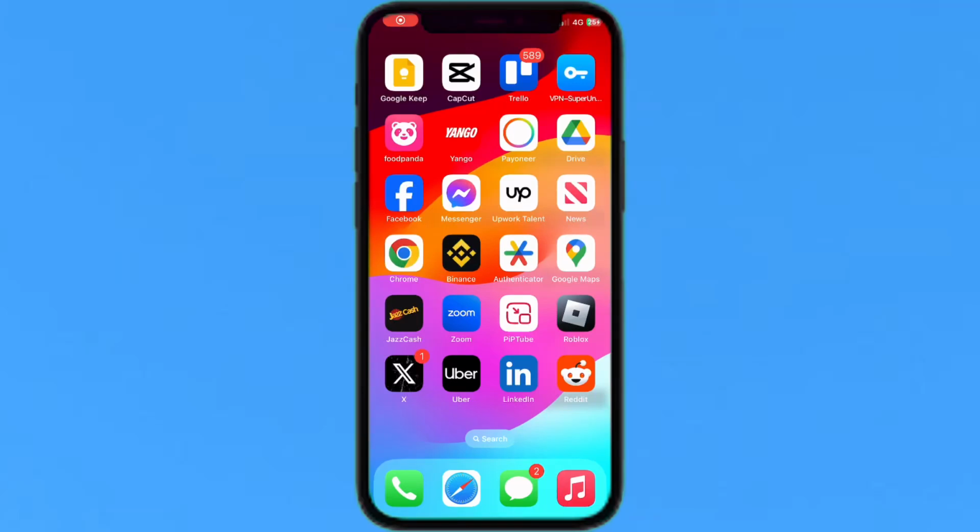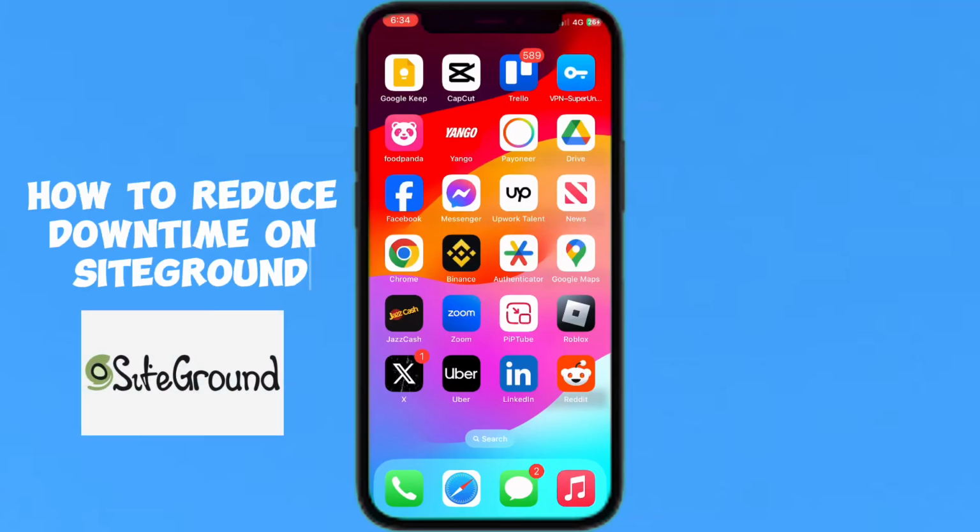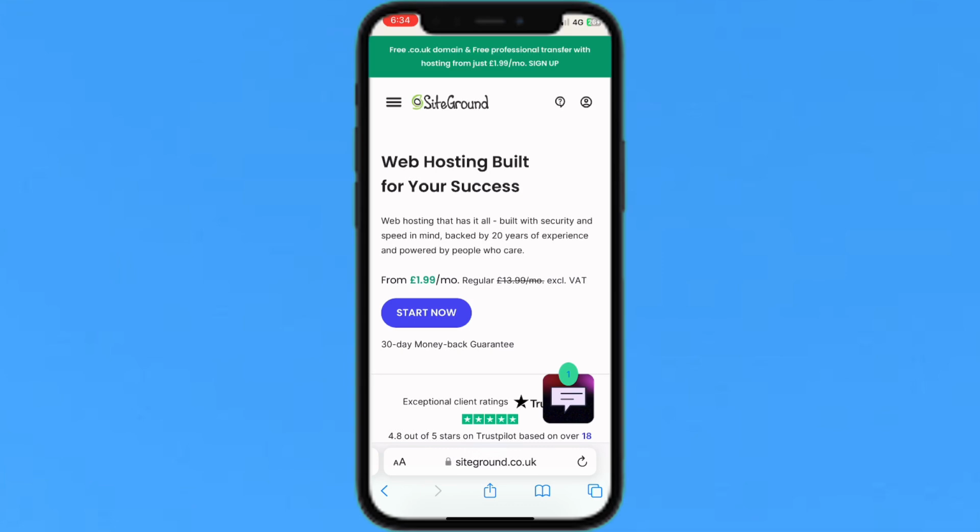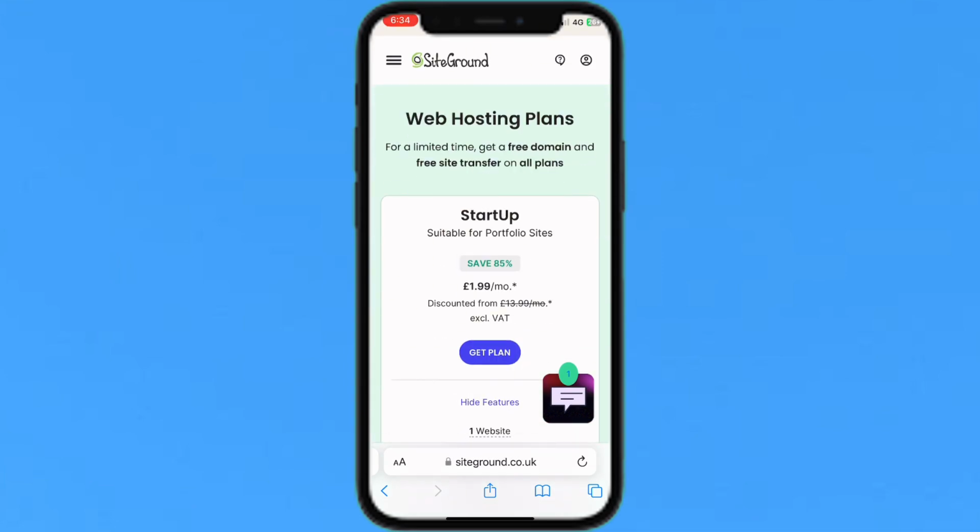Hello everyone, today I'm going to show you how to reduce downtime on SiteGround. Just tap on the Safari browser, and if you want to create your account you will have to purchase the package,